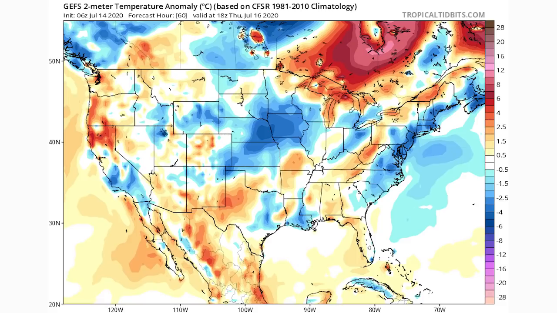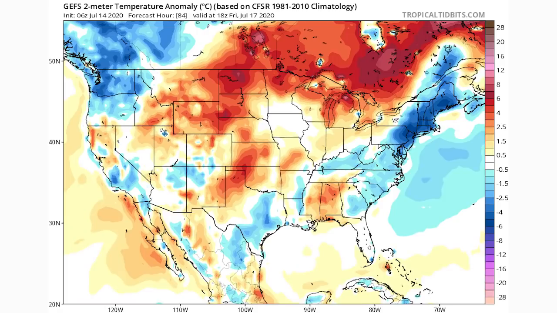Let's go ahead and move it towards Friday, and as you can see, we become a lot more definitive with what the pattern is going to look like, though we still see a little bit of cooler than normal conditions there for the East Coast. This is going to be a nice few days of just a little bit of relief from the heat, though again, it'll probably still be very hot because your average is about as high as it gets right about now. We're at our peak summer temperatures right about now, maybe in a few weeks, but nevertheless,